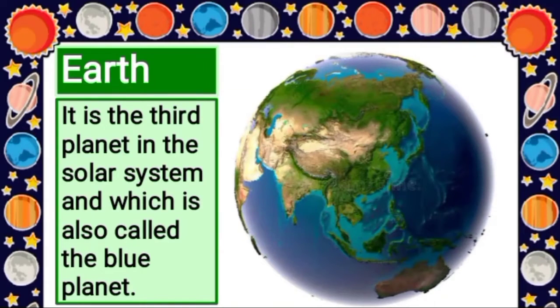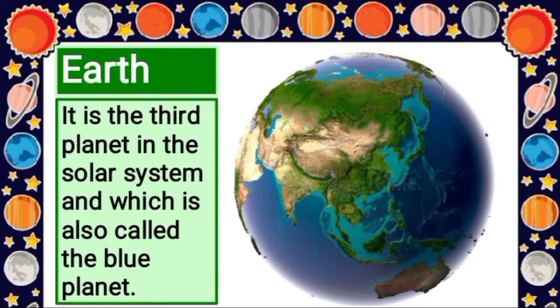Earth is the only planet in the solar system that can support life. Earth is often called the water planet because of the presence of water on it, and it is the only planet in our solar system that has liquid water on its surface, and about 71% of the Earth's surface is covered by water, and it reflects about 1/3 of the sunlight that it receives.